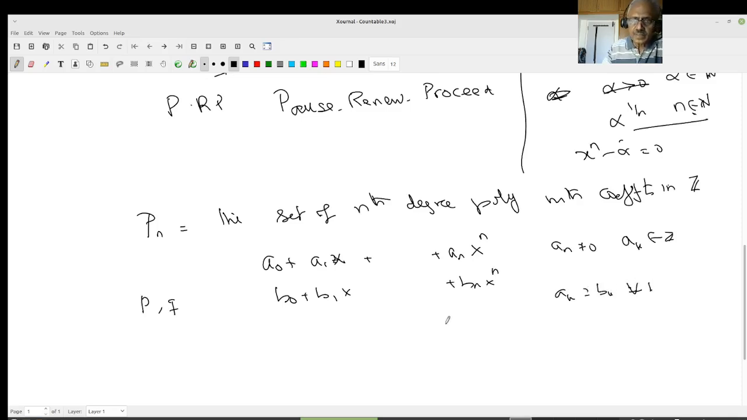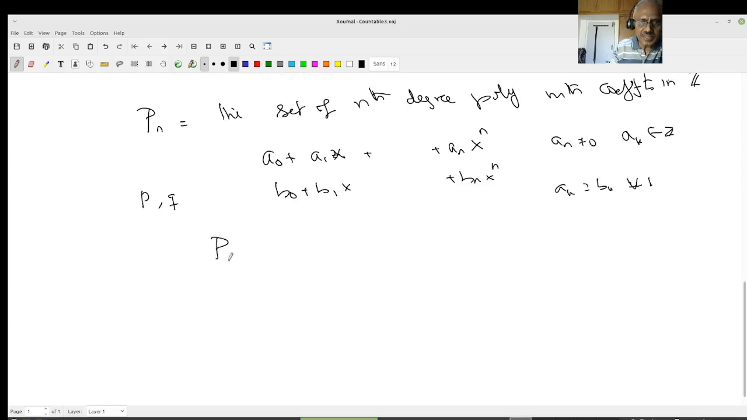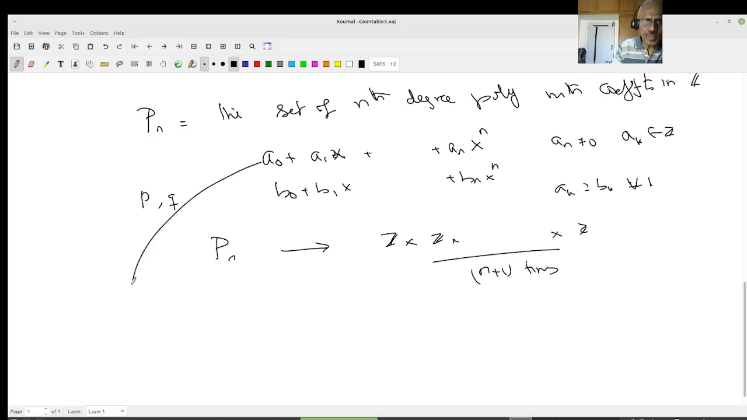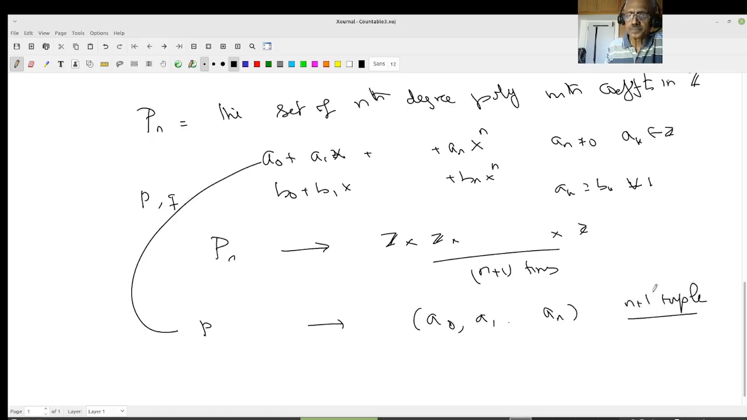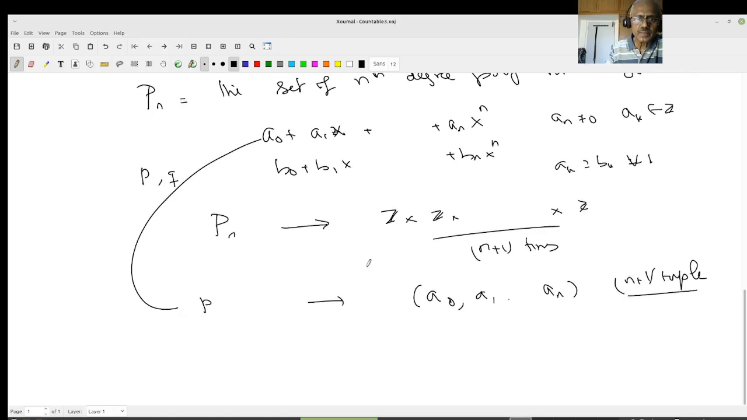right? Right. Therefore I have a bijection of Pn with Z cross Z cross ... Z, n plus 1 times. Because you give a polynomial of this kind P, I map it to the ordered pair a0, a1, ..., an, an ordered n plus 1 tuple. Okay, so this is a bijection, right? Therefore, okay, Pn is countable,